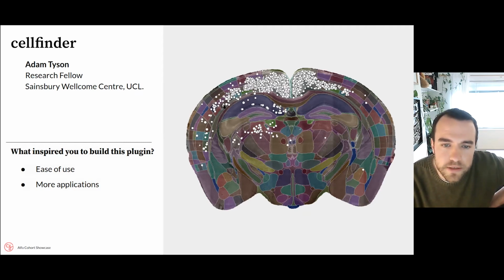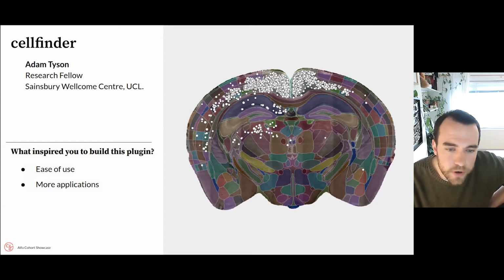So we developed a method for efficient cell detection in these images, which is a two-step method. The first part is using classical image processing techniques to identify cell-like objects, so what we call cell candidates. These are anything of approximately the right size and shape and intensity to be a cell, which includes all the cells, but also potentially lots of false positives and noise and artifacts. And then each of these cell candidates, so just the small area around the coordinates of each candidate, is then classified by using a 3D ResNet as being either cells or artifacts.